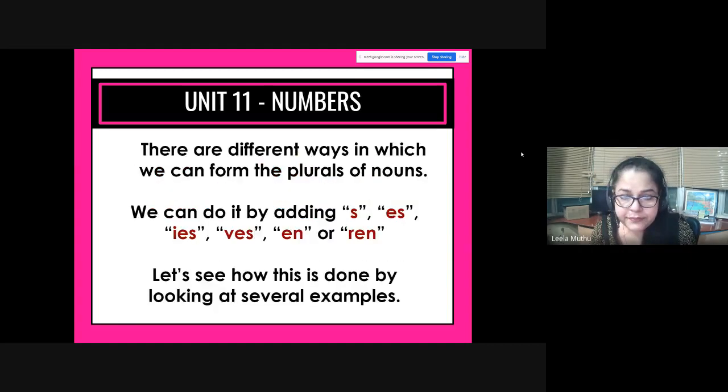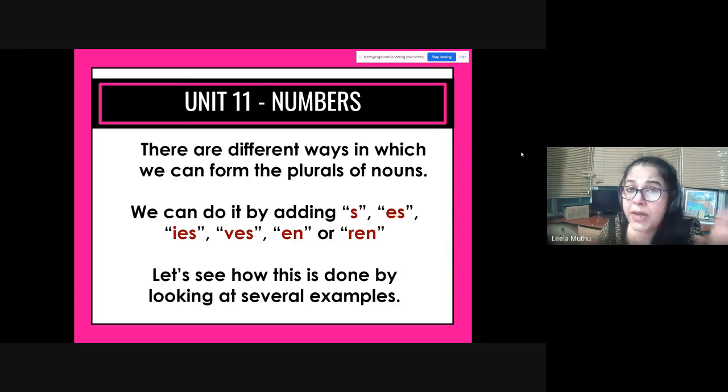Okay? Now, there are different ways in which we can form the plurals of nouns. We're just going to go through the rules. It's in a tabular, in a column, so you might want to just revise over it and you'll see what I mean. We can change from the singular form to the plural form by adding S, ES, IES, VES, or